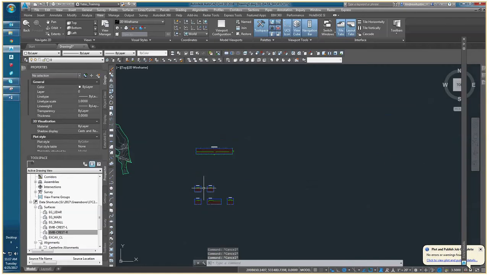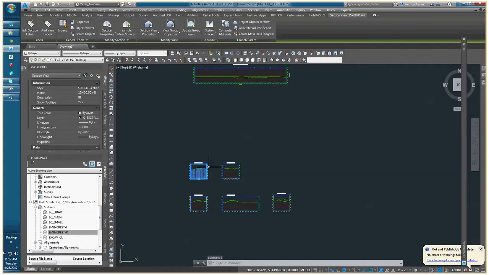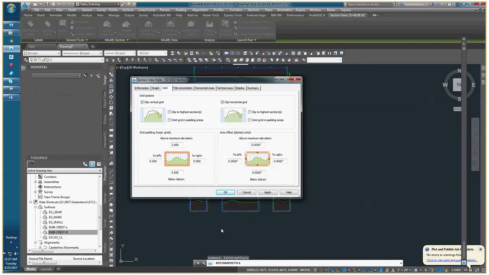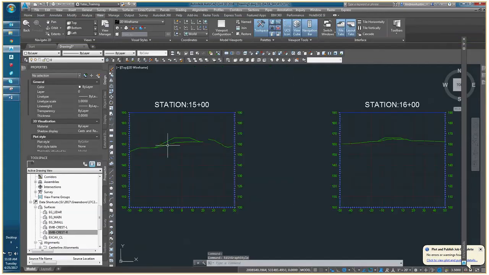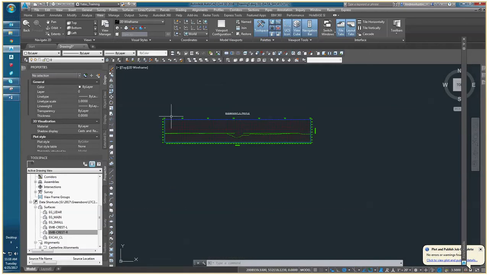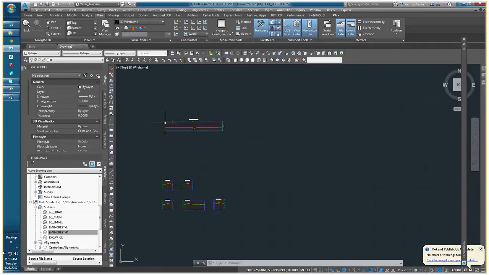If we wanted our section views to reflect the new visual style of our profile view, we could do that very easily through the style editor. We could select a section view and go to edit section view style, and then uncheck the very similar options that are under profile views to clip those vertical and horizontal grids, and then we get those full grids across the entire view. In a similar way that we were able to edit the station range for our profile view to limit this one to 11 plus 30 so that it wouldn't show the entire area where we have